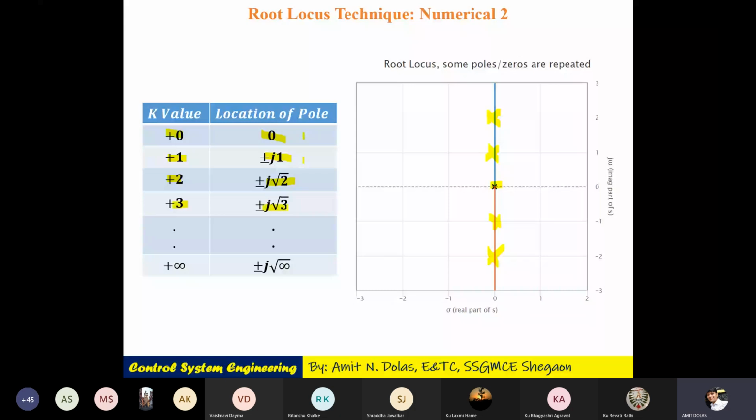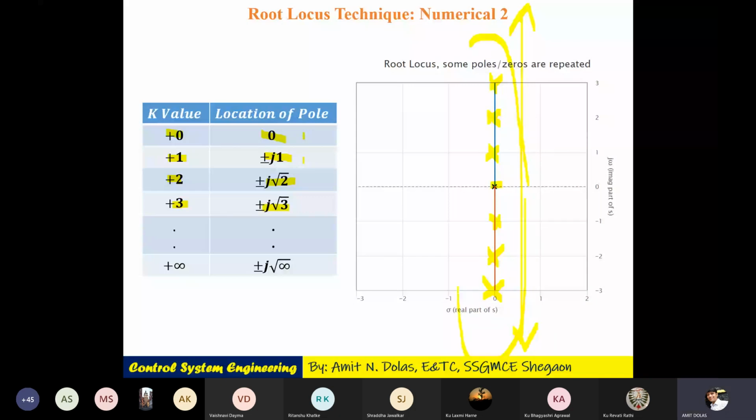In the earlier example, we have seen with the k value, your pole is moving its position from 0 towards infinity. But if it is a complex conjugate pole, as mentioned in this example, if I'm increasing the k value, your poles are of course complex conjugate and move towards plus infinity and minus infinity, but on the imaginary axis. We'll move to the next example.